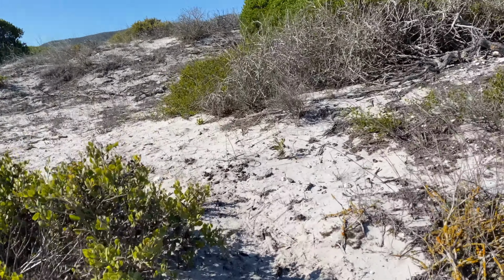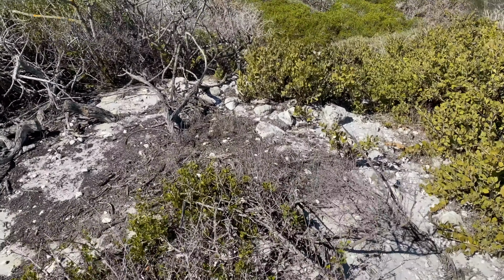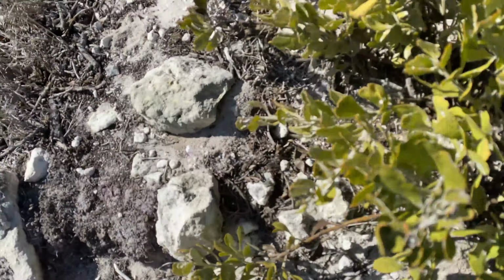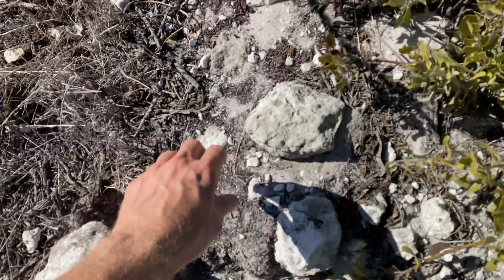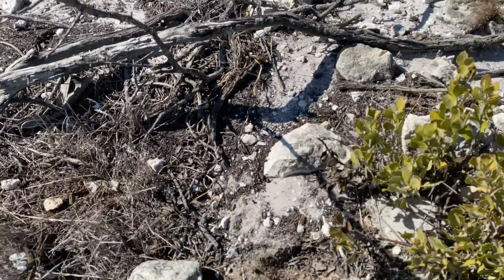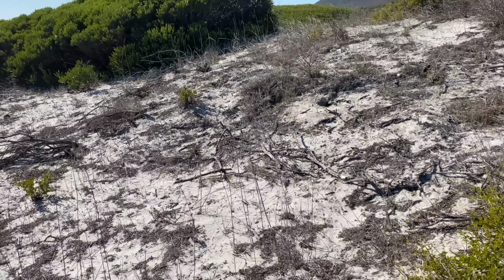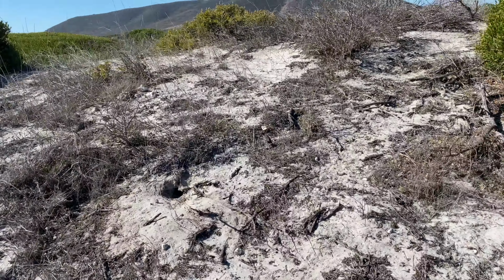So I'm just heading out from all those chunks of rubble. I'm going to move into more of the sandy, sort of like the sand dunes. Try to look for some rain frogs, although it's a little bit too early in the season before the rain. But we're going to keep